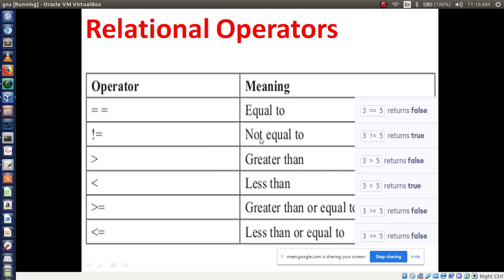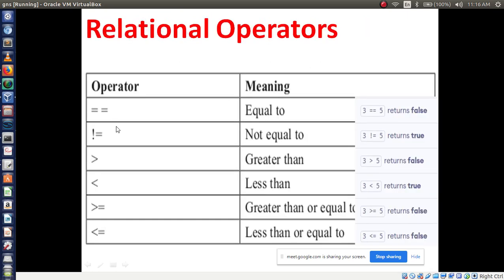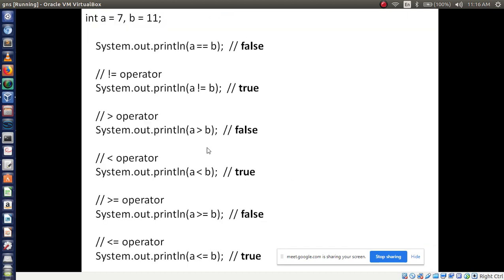In exam you have to write this table chart, also the relational operator meanings, and one example, right? After writing, if you have time, then write a small program.